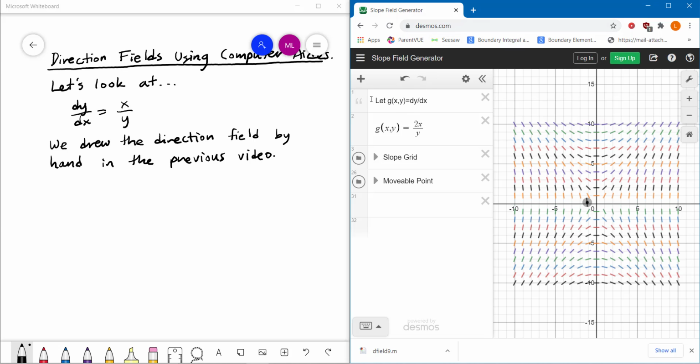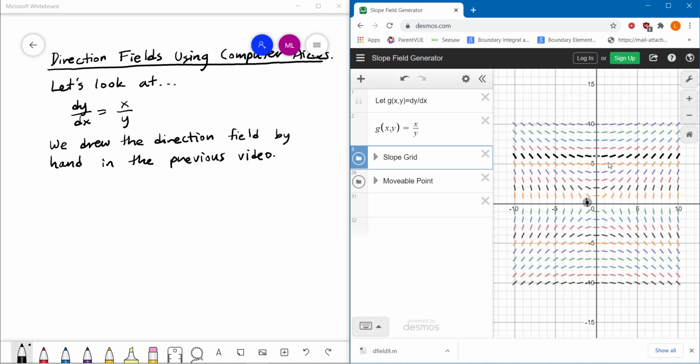So it's very similar. It says right here, let g of x comma y equal dy dx. So it's basically saying we have some function g of x, y that is the same as our dy dx. So we've got something that looks like this, dy dx equals some function that they're calling g of x, y. And this one by default had this typed in. The only thing I'm going to do to make it look exactly like ours is delete that too. And it'll instantly change, and you will see now the same direction field that we just had a minute ago,